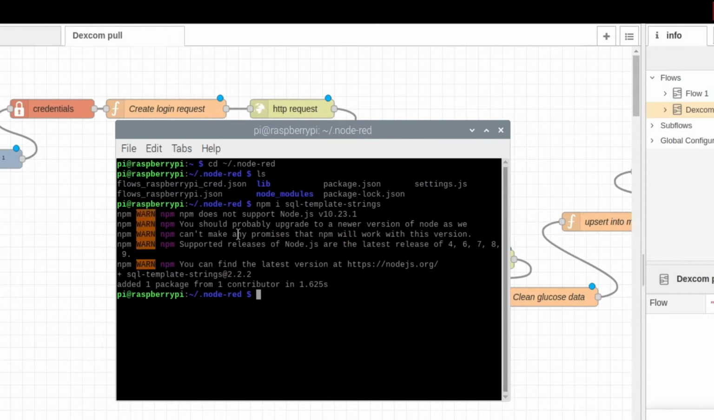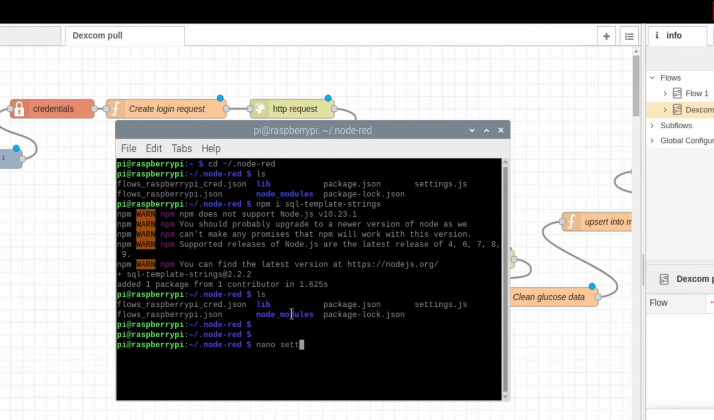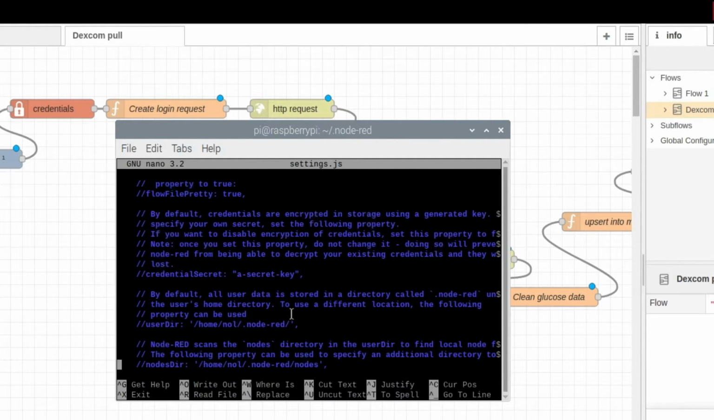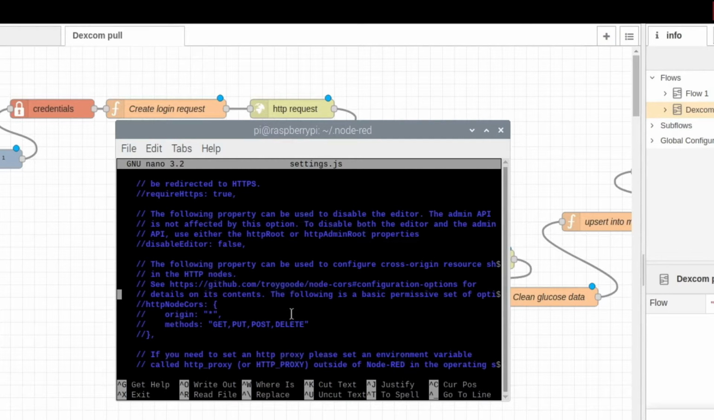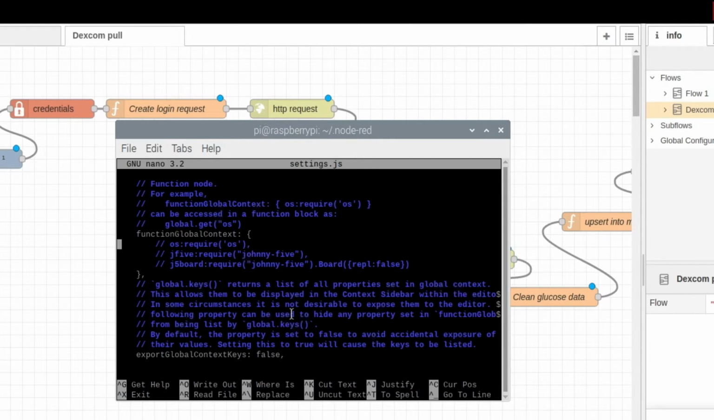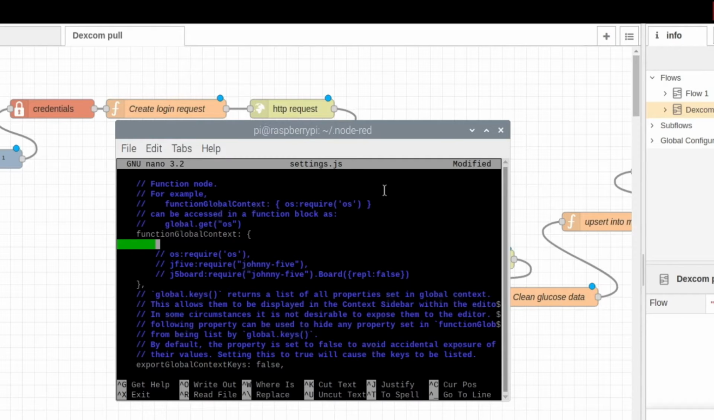In order to make that accessible inside the flow, I have to actually edit the settings file, settings.js file, which is actually in the same directory. So I can go ahead and open that up using nano, and I'm going to navigate down until I see a line called, oh yeah, functionGlobalContext. So this is where we need to define any external dependencies that we want to make available to the Node-RED. So I'm going to put in here just an alias SQL module, require, and then sql-template-strings, and then